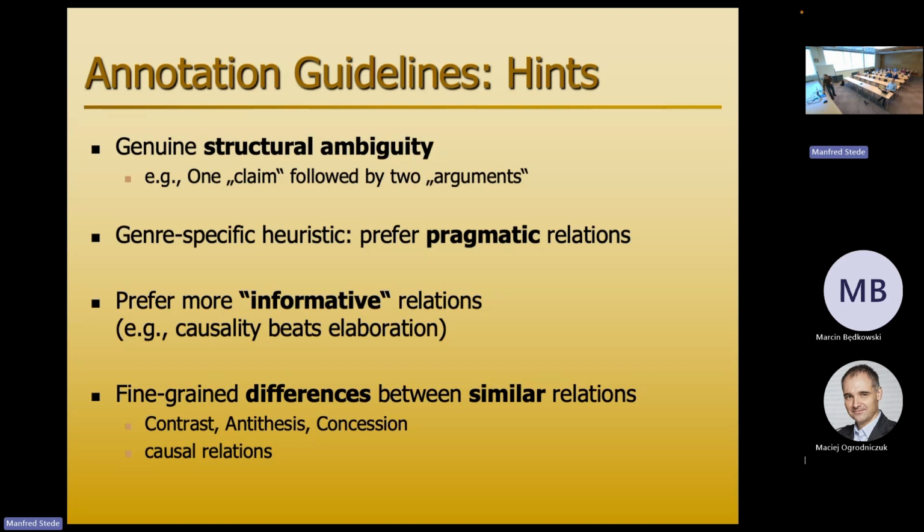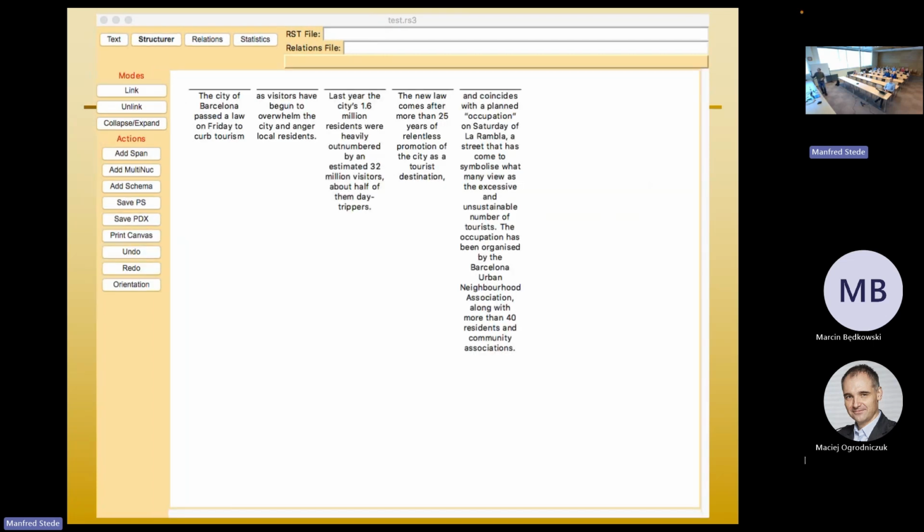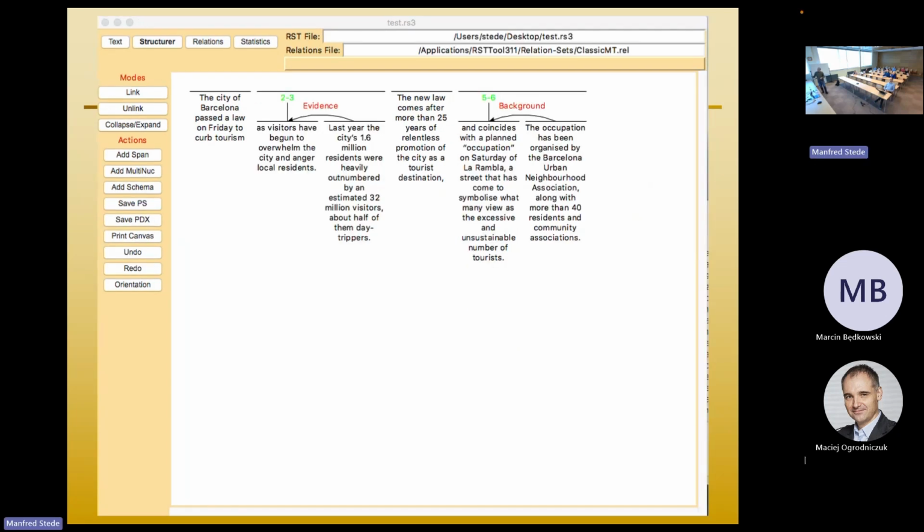But first of all, I want to show you how all this works then in the eRST tool. The first step is to load the text into the tool and to assign segment boundaries, EDUs, finishing here. With every green bar, there's an end of an EDU. Then you click on structure and it builds a fairly empty structure, but we have now distinct EDUs that we can think about linking. We also notice, oops, we missed one green bar, so we should go back to text and correct that. And then we start about relations and think what can be locally combined.